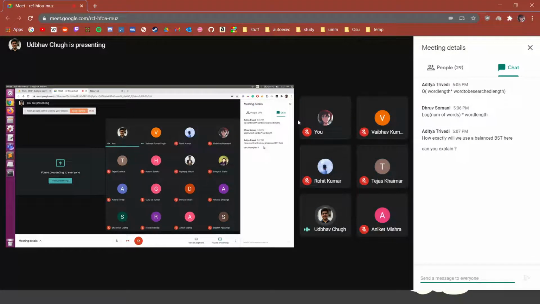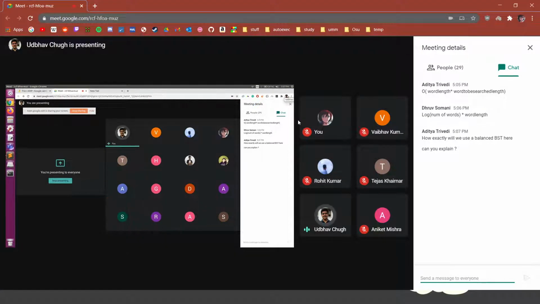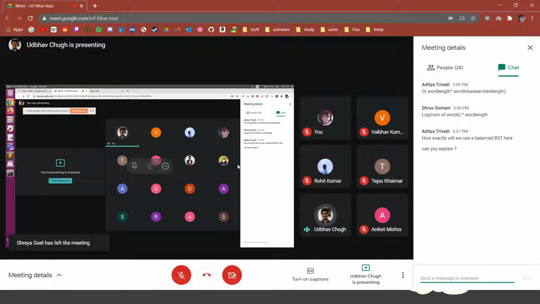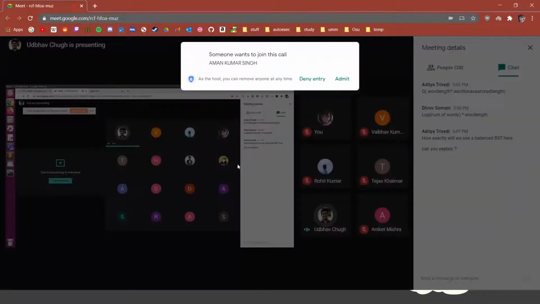Now, how will we use the balanced BST? Let's say initially we have nothing in that balanced BST. We have all the strings given to us, and we insert them one by one. I'm not talking about the query strings, but the initial set of strings given to me. I insert the first string in the balanced BST, then the second, and this way I insert all the n strings. The complexity of this insertion part I'm not considering, because